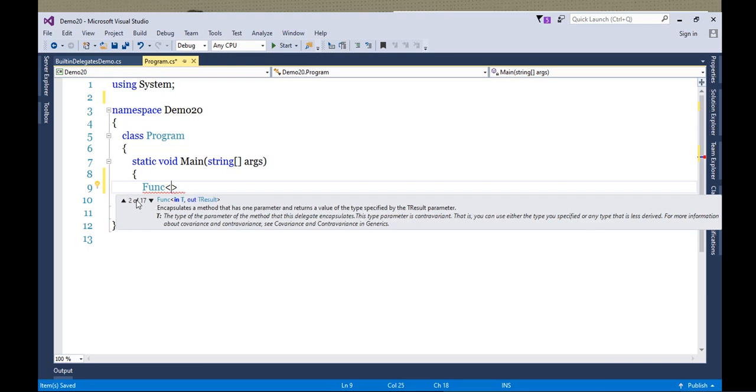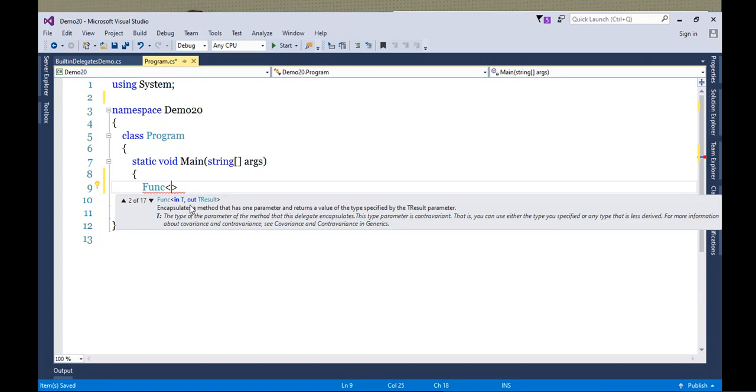Okay. If you go to the second overload, what is it saying? You are getting the first argument as an input. So now if my method is taking 1 argument and returns a value, then I will go for the second overload.